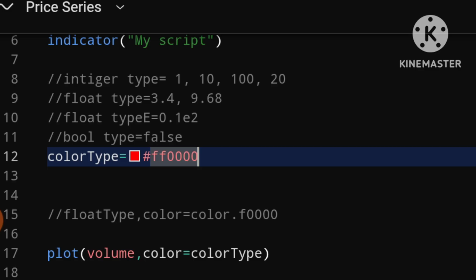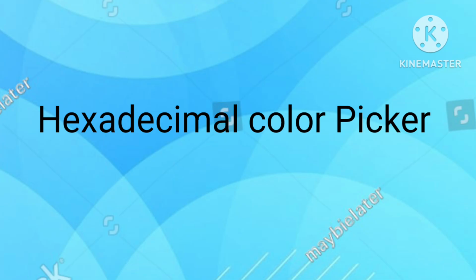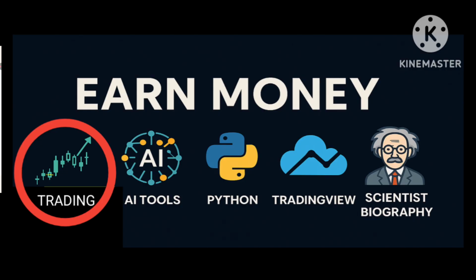But if you are familiar with hexadecimal from web development, primarily these are used in web development. So if you are familiar with working on websites, you will know how hexadecimal colors work. Or you can use a hexadecimal color picker. Just look up hex color picker on Google.